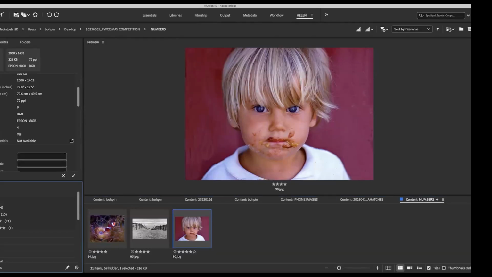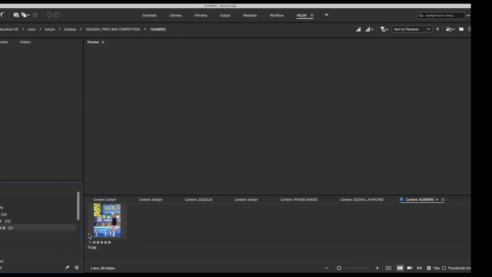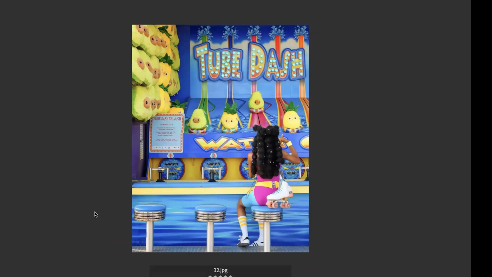And the image of the month, number 32, Tube Dash by Christine Doyle. Hi, everybody, and thanks, Meryl. As you guessed, it was in Coney Island a couple of years ago, and the colors and everything just worked. Sure did. Norman Rockwell. I can't get over that her thumb is up and on the side, you can just barely see it. It's great. Thank you. Thanks, everybody. Brilliant.